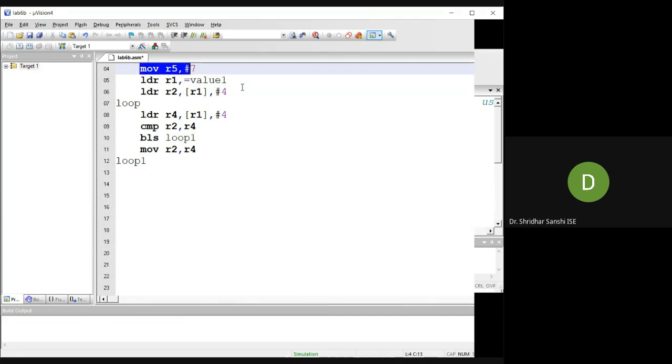I have taken the value into the loop counter R5, so I need to reduce that value by 1. So that's why we need to write SUB R5, R5, 1, right?